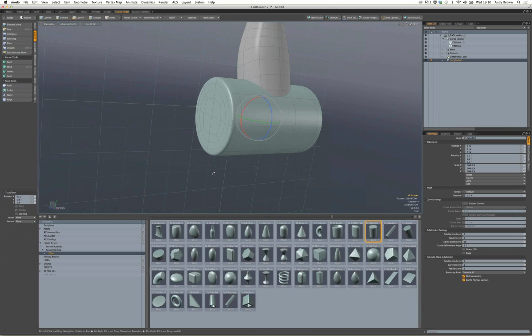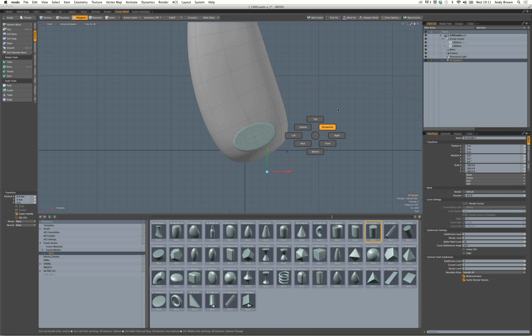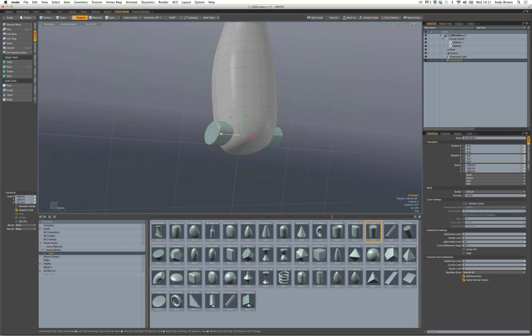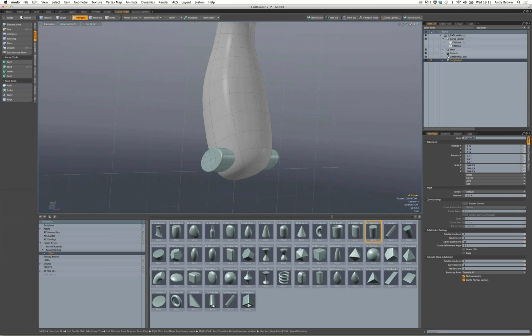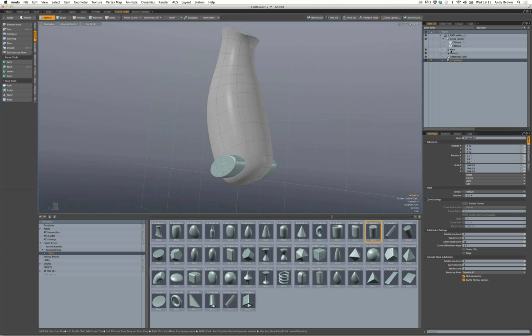So I'm just going to scale this down because I want to create a hole at the bottom here. Okay, so I'll just set that at the bottom. So at the moment we have two mesh items in the scene. We've got these two CAD items, which I'll just hide, and then we've got the handle and this Q cylinder one. So to punch that hole through, if I wanted to do that with a subdivision surface, I could just